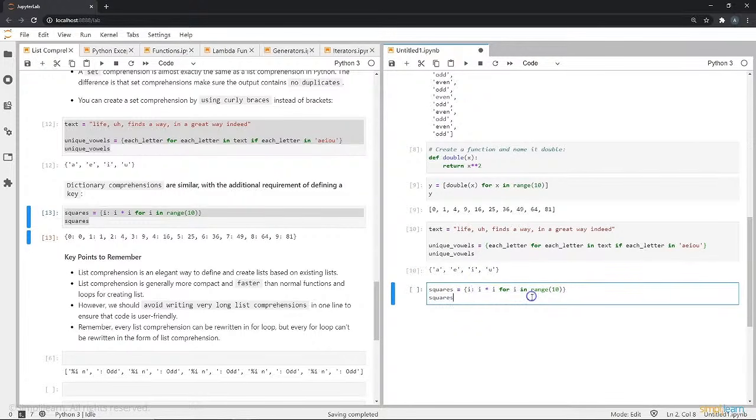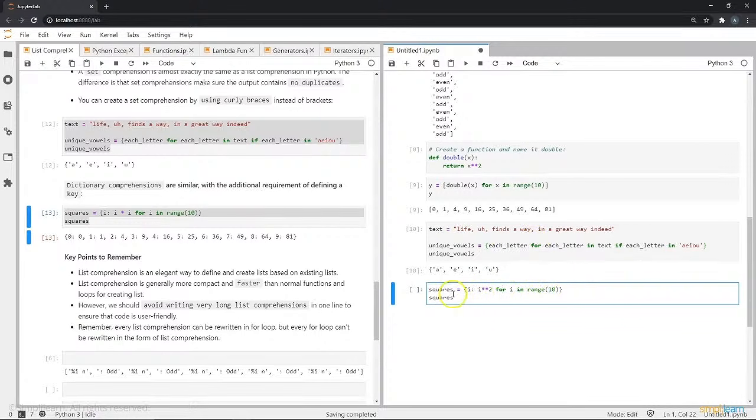So in this case, what I'm doing is going through a list of numbers from 0 to 9. This is what the range(10) function does. I'm going to create a key which is going to be 0, 1, 2, 3, and the value of each key would be its square, as you can see here. I'm doing i times i, or just to make it a little clearer, as you can see, I'm doing i squared over here for every value from